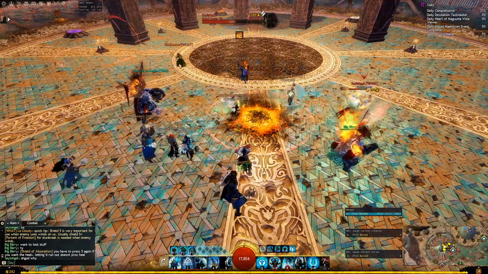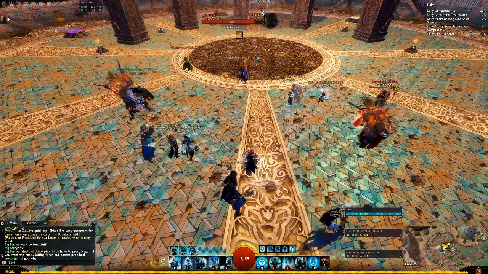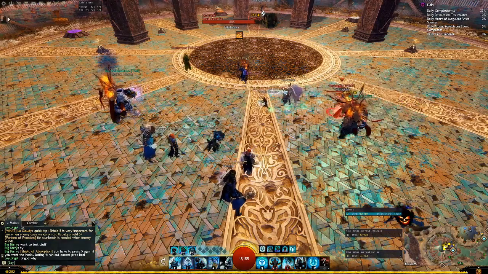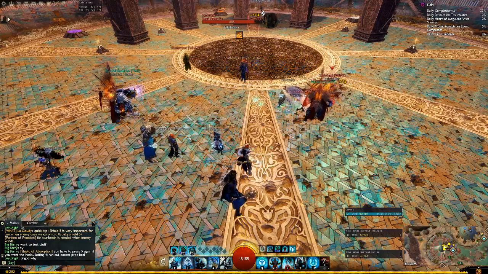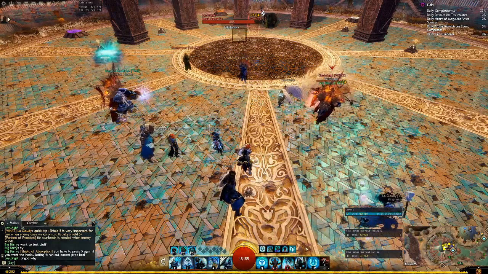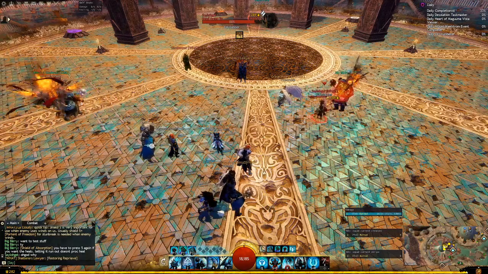Let's talk about utilities. We utilize the following utilities in this guild, and I will talk about a variation very shortly, but this is what we run. For your slots 6, 7, 8, 9, and 0 are the following. In your healing slot, we use...